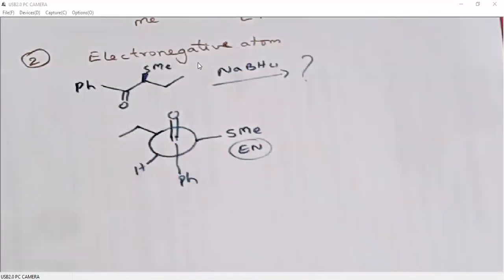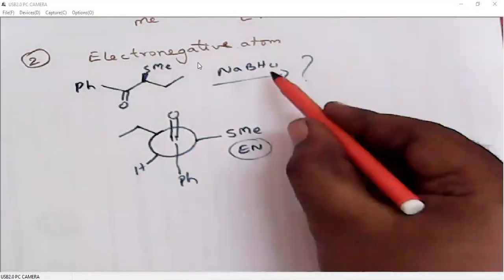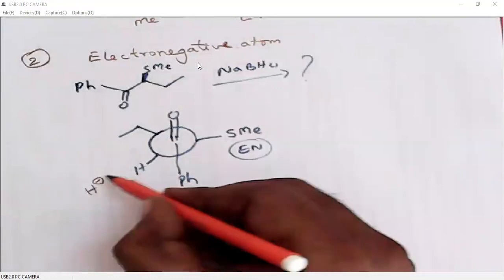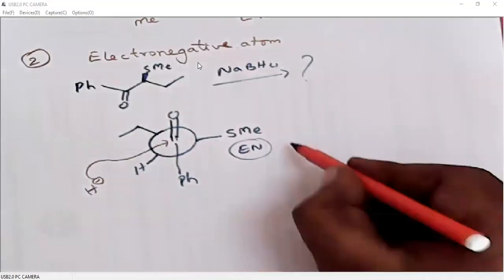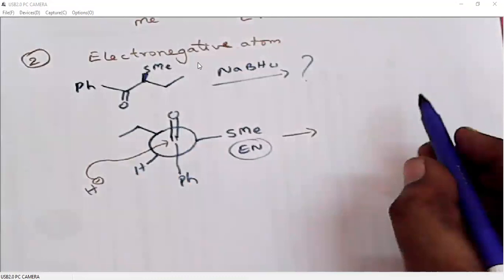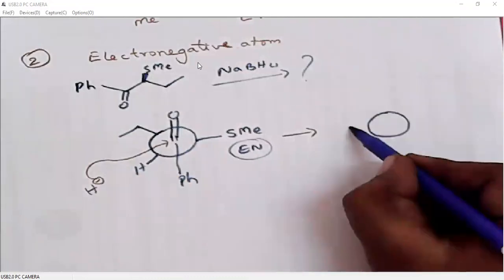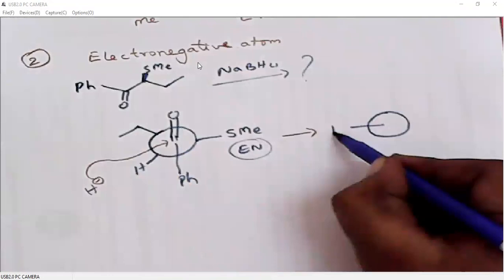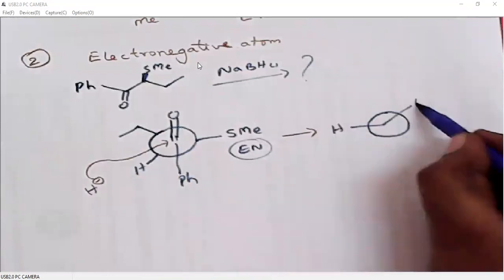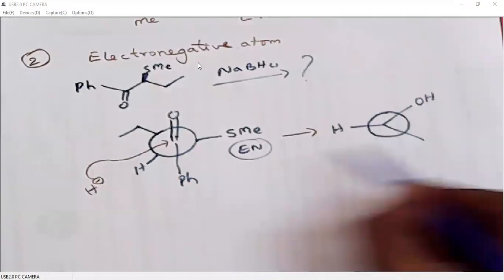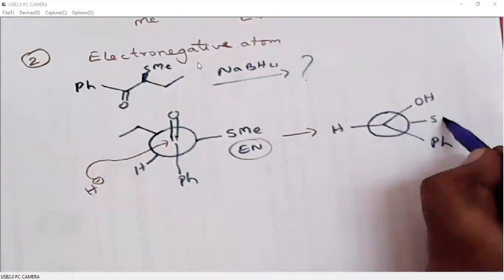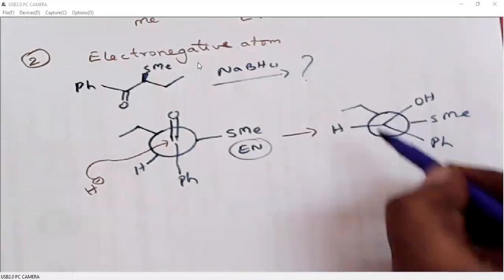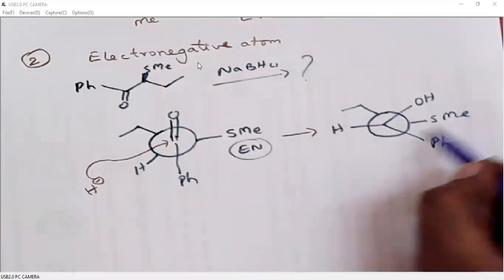Now we will try to write the product. So here borohydride reduction, that means H minus addition. So it will approach this carbonyl with the Burgi-Dunitz angle. So the product will be, of course, the incoming nucleophile must be written like this. Then the carbonyl will be converted to alcohol, and we have a Ph group here on the front carbon. Then the backside carbon, yes, we have methyl. Then we have ethyl. Sorry, this is S-methyl, ethyl, and hydrogen.